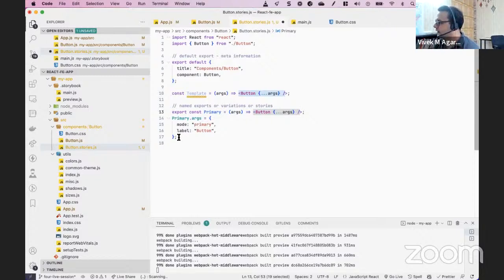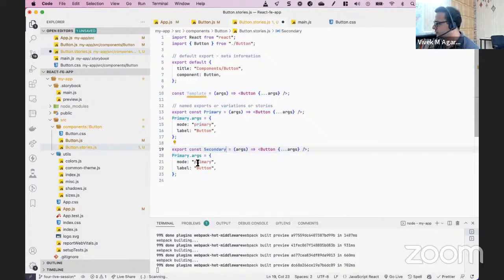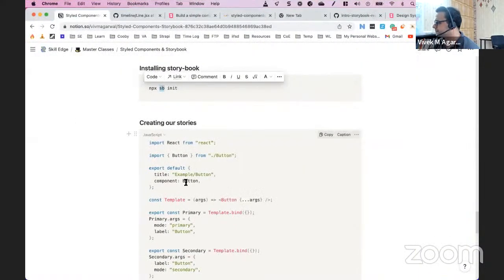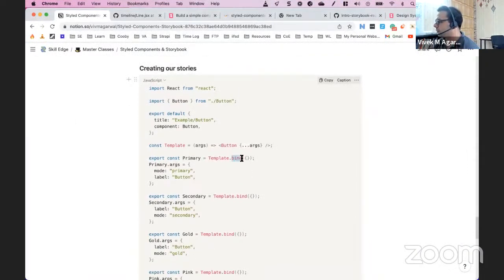समझ में आ रही है बात? लेकिन हम तो बहुत सारे कंपोनेंट्स बनाएंगे, जैसे कि हम एक सेकेंडरी भी बनाएंगे, यहाँ पे एक सेकेंडरी कंपोनेंट बनाएंगे, और उस सेकेंडरी में हमारा मोड सेकेंडरी रहेगा, राइट? तो इस तरीके से बार बार इस चीज को कॉपी करना इज नॉट अ वेरी feasible solution, right? तो हम क्या करते हैं, इसे एक वेरिएबल में सेव कर देते हैं, यूजुअली वी नेम इट टेम्पलेट, एंड देन जावास्क्रिप्ट का object.bind मेथड यूज करके वी बाइंड इट टू एन एम्प्टी ऑब्जेक्ट, विच एसेंशियली मीन्स हम इस पर्टिकुलर फंक्शन की एक कॉपी बना लेते हैं। ठीक है, तो ये टेम्पलेट डॉट बाइंड बेसिकली मीन्स आप मुझे इसकी एक नई कॉपी बना के दे दो, दैट्स इट।